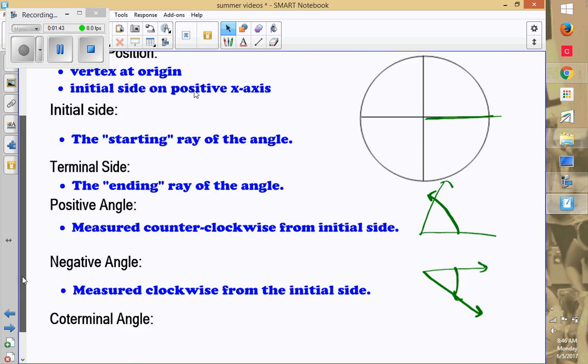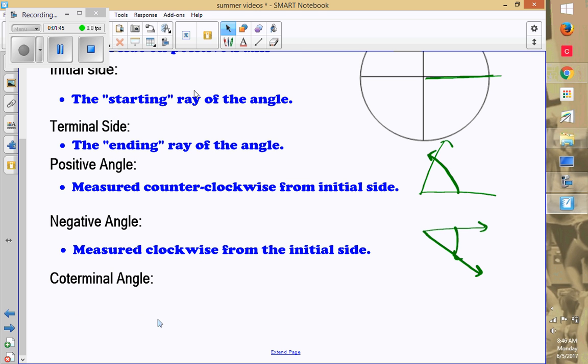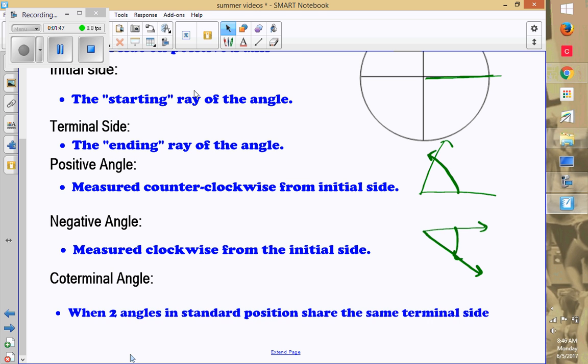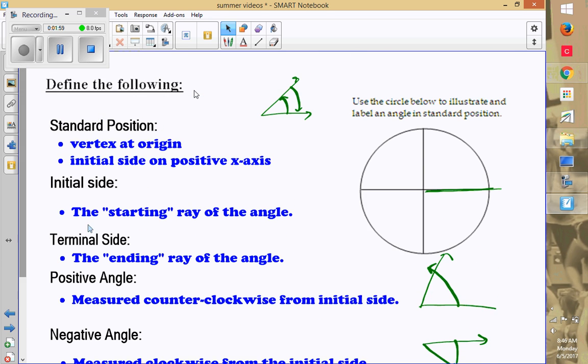And one last word, coterminal angles. That happens when two angles in standard position share the same terminal side. So let's go up to our picture and I'll draw one for you. So if I had starting initial side and let's say this was my angle here, I can have a coterminal